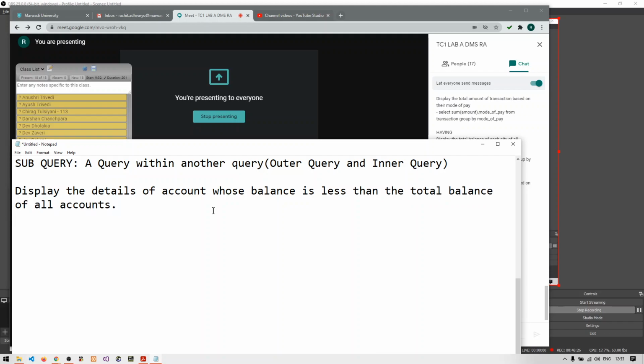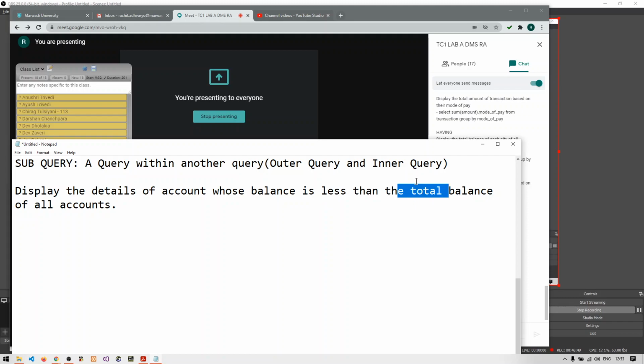Second, we need to compare the output of this total balance with the individual balance of each row and check whether it is less than the total balance or not. This is what our query means.